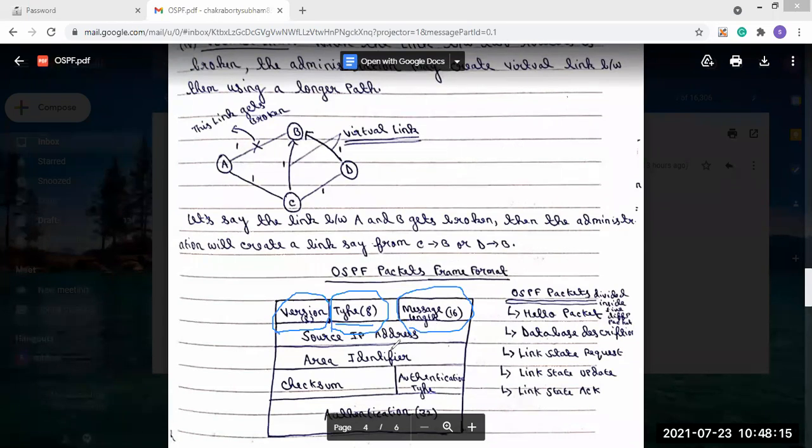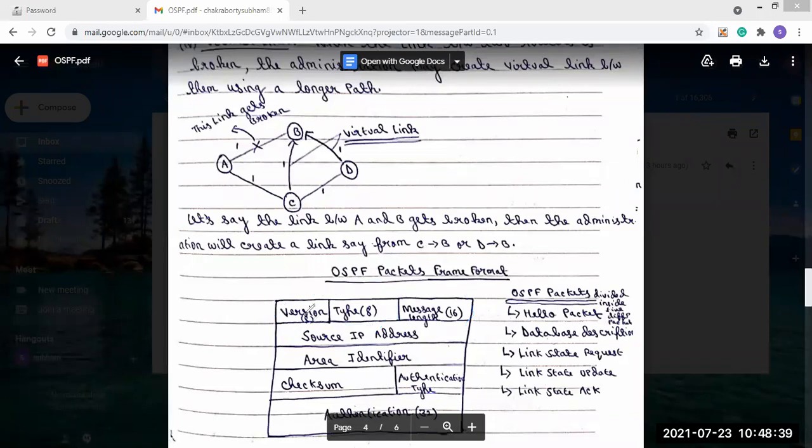After that, the source IP address, then area identifier, then checksum, then authentication type. And at last, the authentication, which is 32 bits. We will know each of these fields one by one.